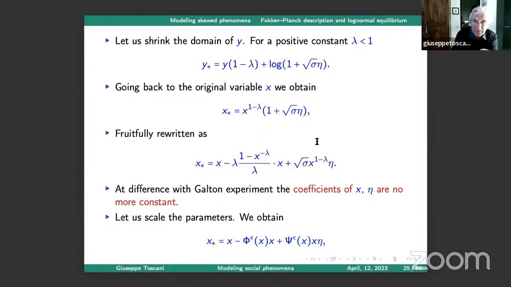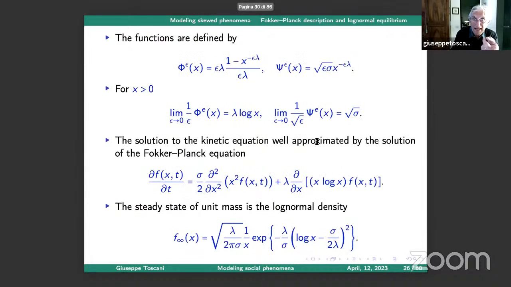If instead of lambda, like before, you use epsilon lambda, and instead of sigma, you use epsilon sigma, so you use the same scaling, then you realize when epsilon goes to 0 that the coefficient goes to lambda log x, and the coefficient of psi goes to the square root of sigma. And then you perform the same Taylor expansion, and you conclude that in this case you arrive